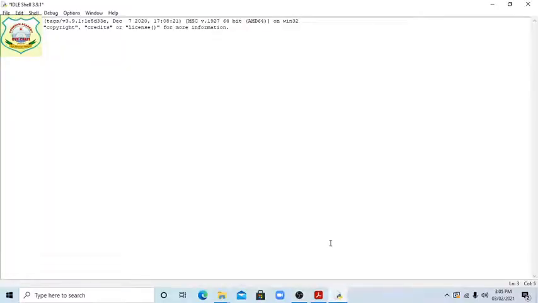print. First of all, we will define A equals 10, B equals 20, and suppose C equals 30. Okay. Now print A comma B comma C. Now we will see the output. See students, 10, 20 and 30. Okay, this is the interactive mode.